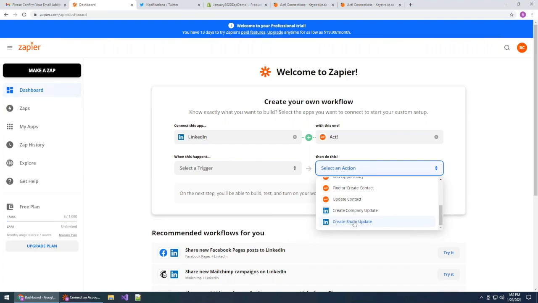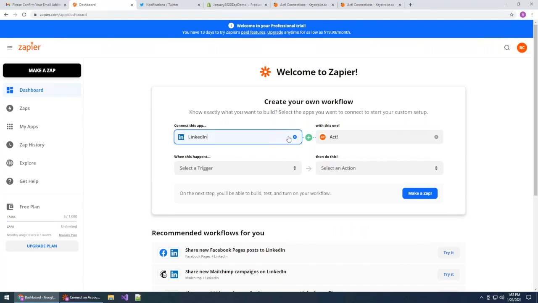And that's to create a share update, or create a company update. That's talking about your own account, right? But it's talking about your company account, which is usually one of the paid ones. If we look at some of the other LinkedIn items, the lead gen forms are where you're doing advertisements directly in